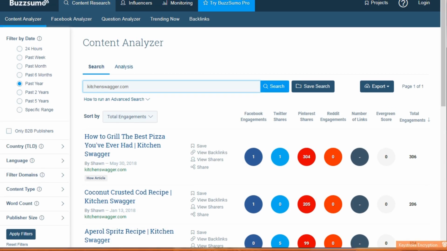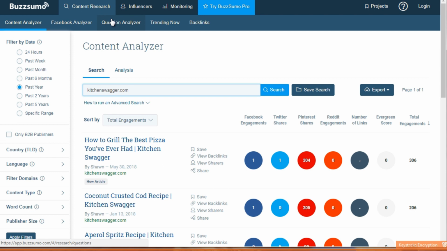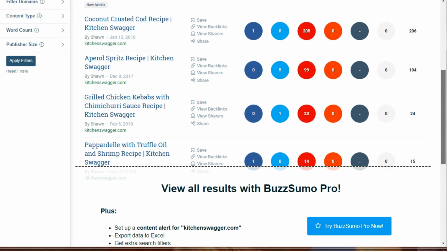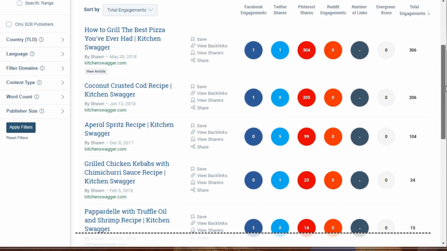So what we do is we head on over to a site called buzzsumo.com. And then immediately you see Content Analyzer. Normally this will show up by default, the first thing that you'll see. If not, you can click on content research, content analyzer, and then you'll want to enter the domain name. So in this case, it's kitchenswagger.com. And if we scroll down, we can see all the content that BuzzSumo has essentially extracted,